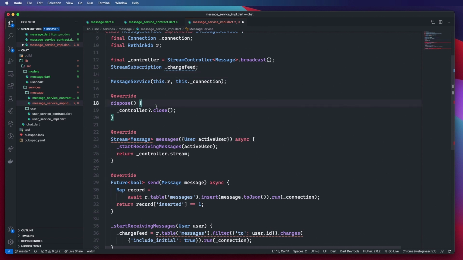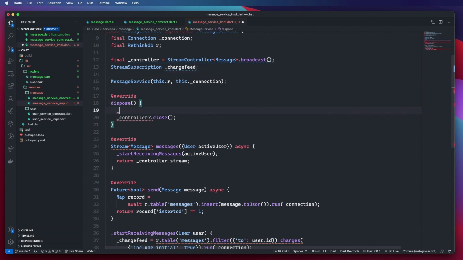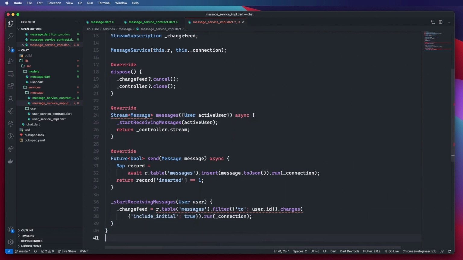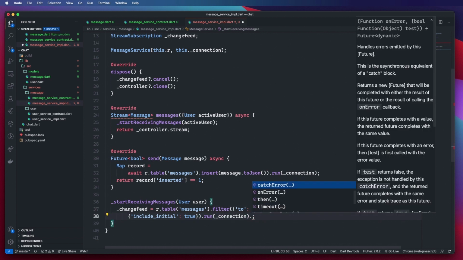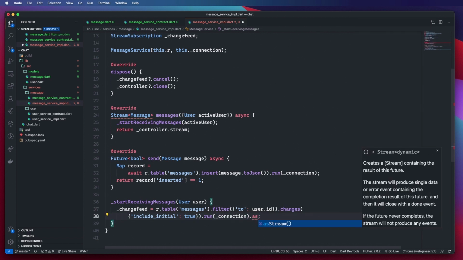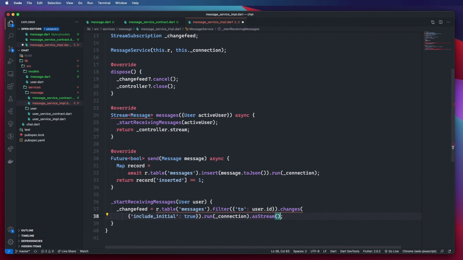Then in my dispose method, I'm gonna say change feed cancel, just to be safe that we do not leave anything hanging in memory. So now I'm gonna say this change feed as stream